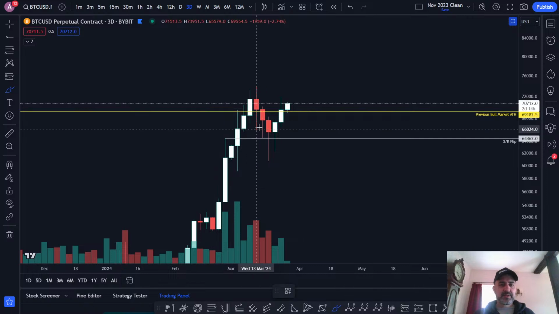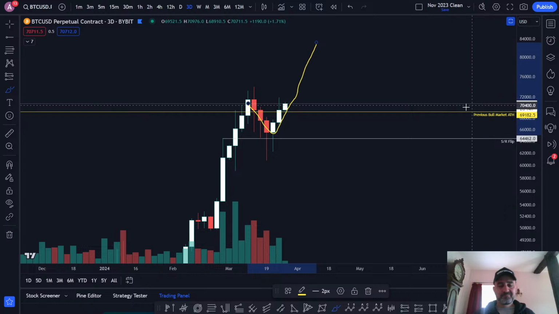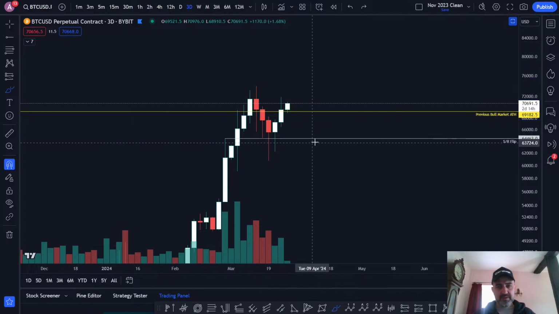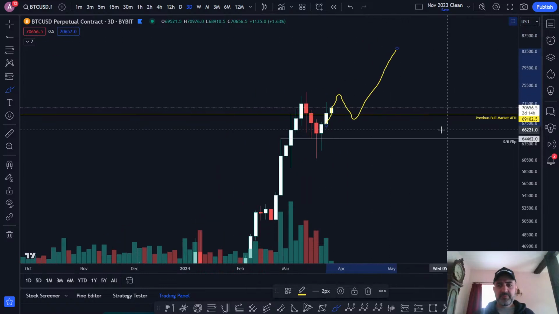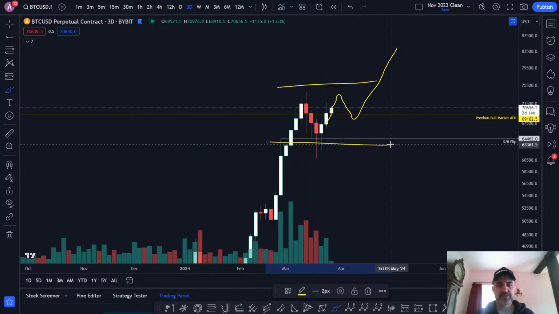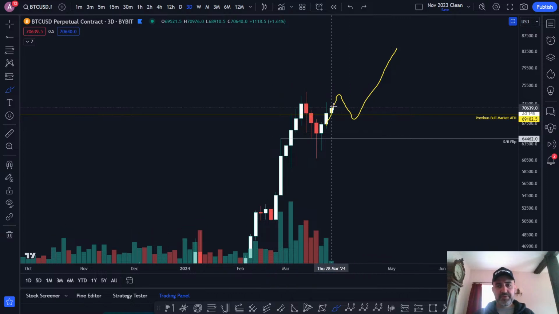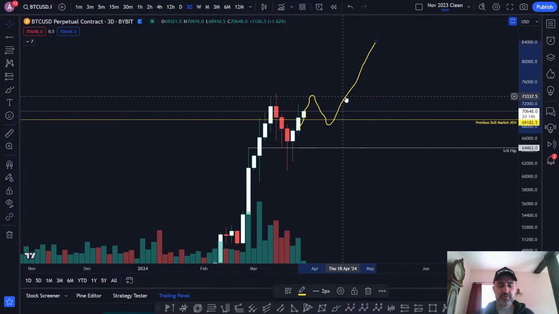I don't necessarily like that we've bounced. Are we going to continue? I don't think so. I think it's more likely than not that we potentially come back one more time. It'd be very weird to just bounce and then continue. We're not seeing a crazy increase in volume. It's a reduction in volume in this consolidation range. So I think it's likely that Bitcoin ranges, and actually that's the most bullish scenario for the altcoins.